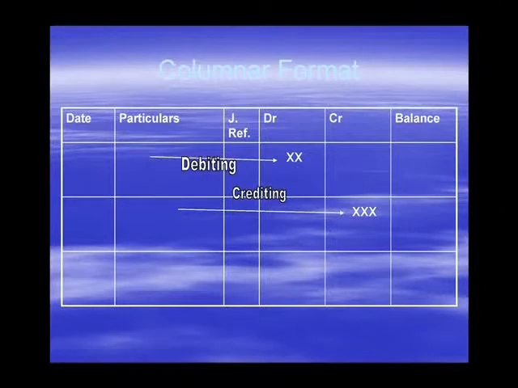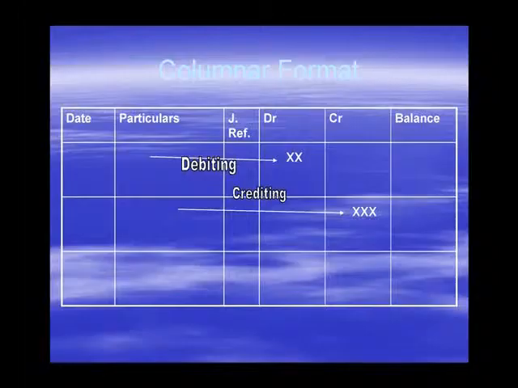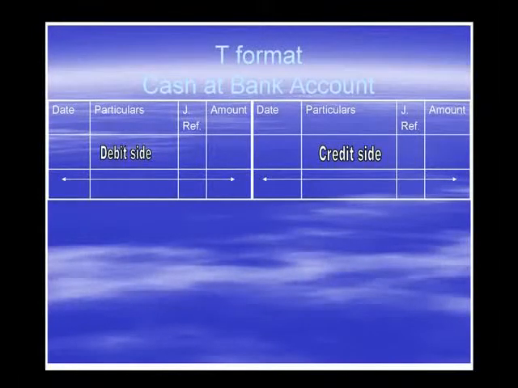After each and every transaction or each and every record, either it is debit or credit, you record the balance also. So at any given time, you can find the ledger account balance also. That is the advantage of this format. In T format, you have to make an extra effort to find the balance.